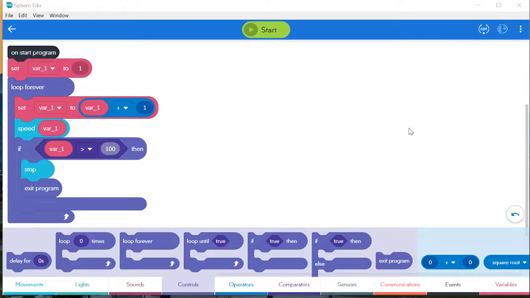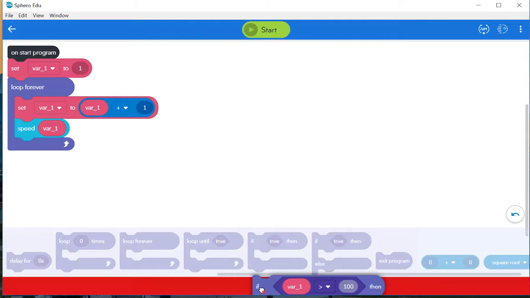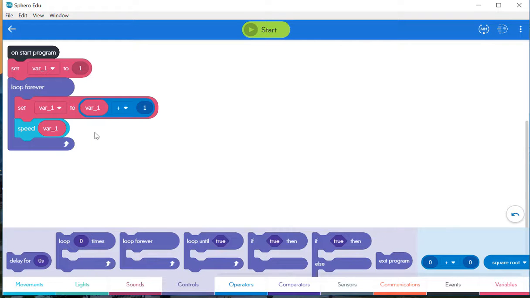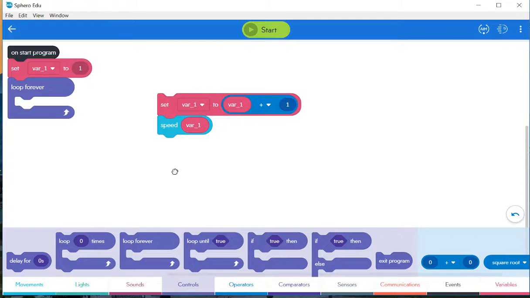In the last experiment, we used the if statement block to stop the spiral bolt. However, there's another alternative way to stop the spiral bolt instead of using this if statement block. So let's try it. First of all, let's delete this if statement block. And what I'm going to do is I will keep this one here, but I will not use this loop